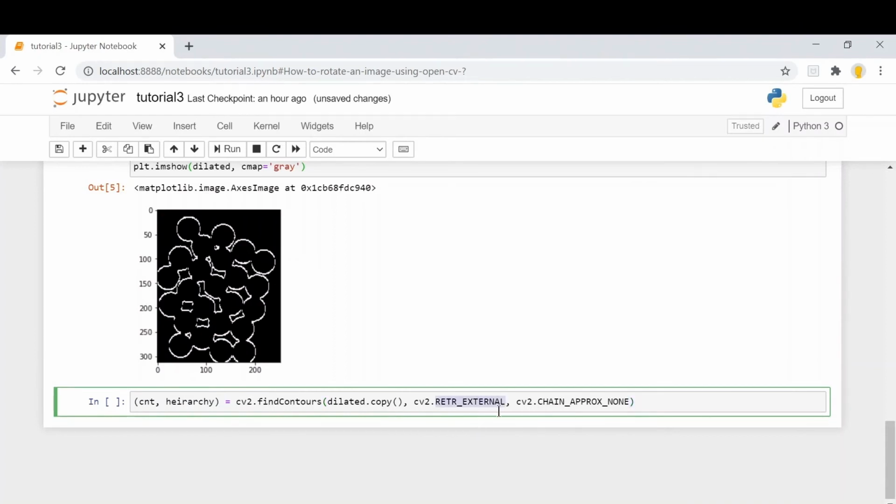The second parameter, RETR_EXTERNAL, means that we'll be considering only the external contours and not the internal ones. And the chain approximation is how we'll be calculating the contours. It means that we'll be considering each and every point on the edges to calculate a contour.